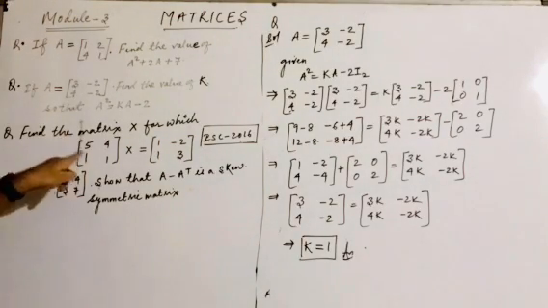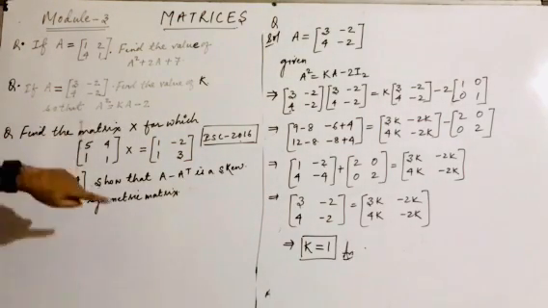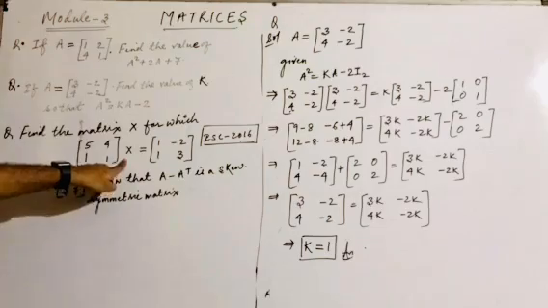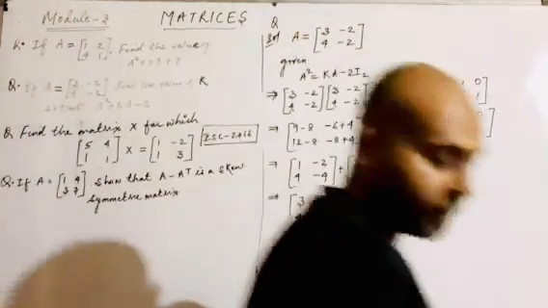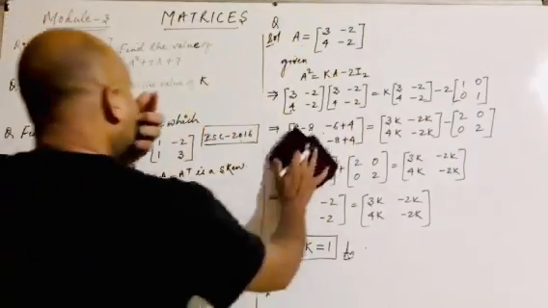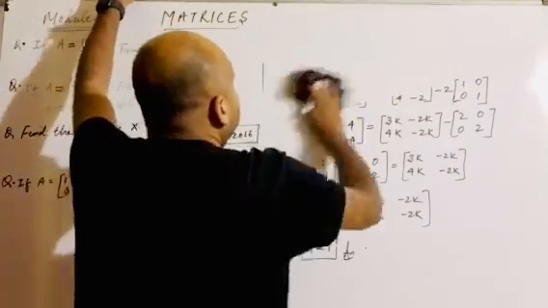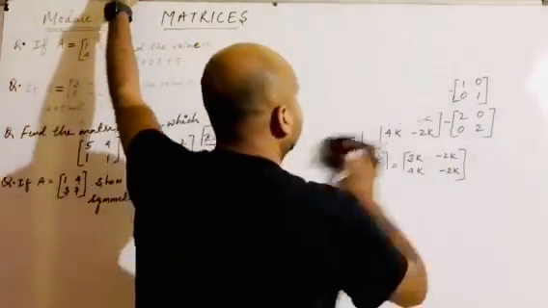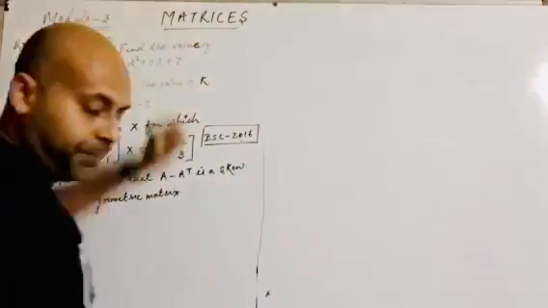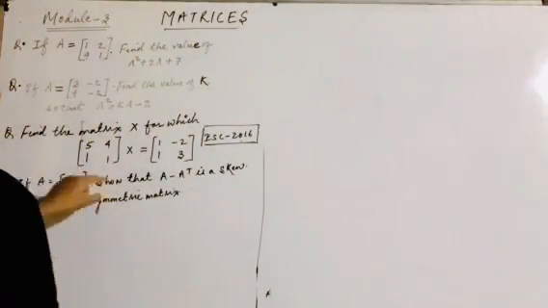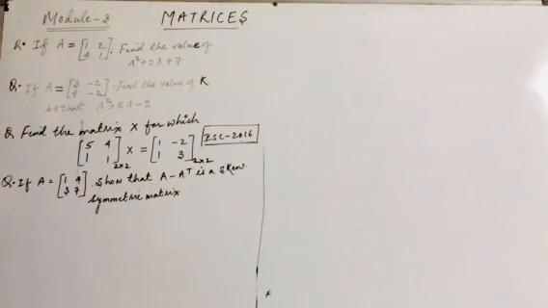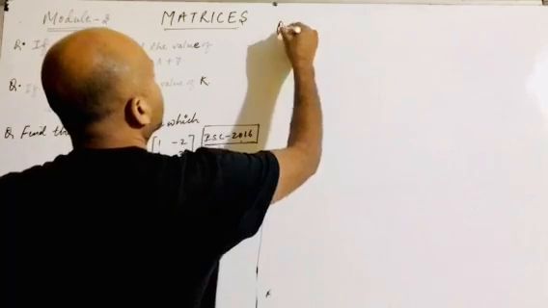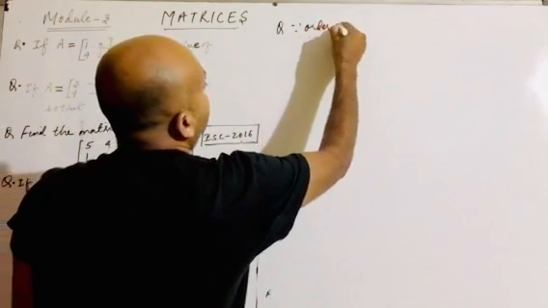Next question, the same one that we have done in standard 10 also: how to find the value of this matrix X so that the condition will be satisfied. Let us solve that also. As we can see, children, in this question this is of order 2 by 2, and the result is also 2 by 2, so the order of matrix X will also be 2 by 2.